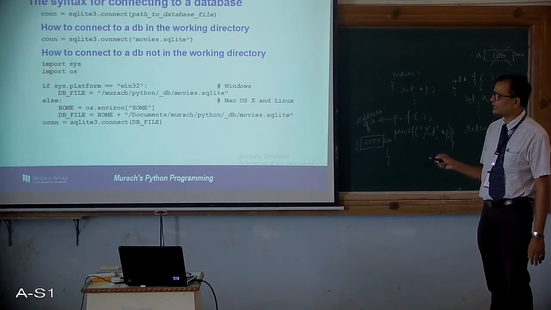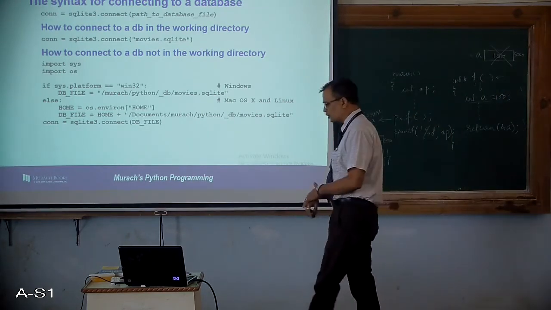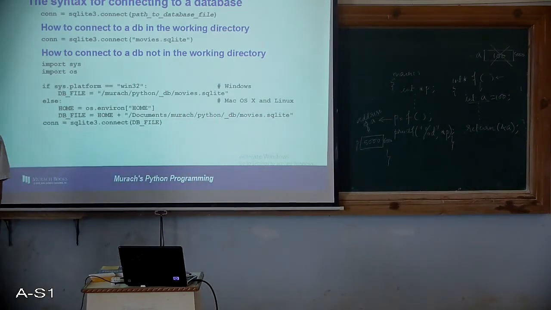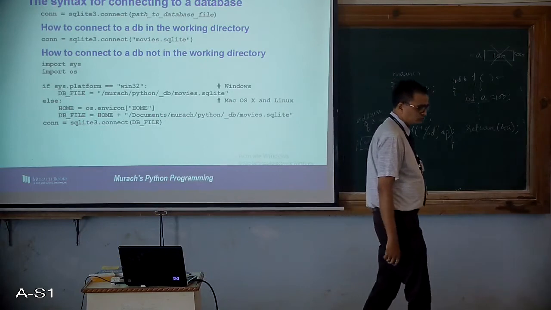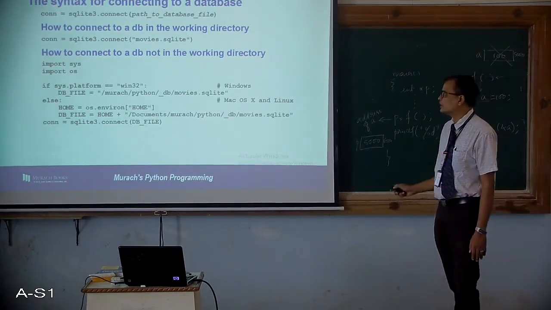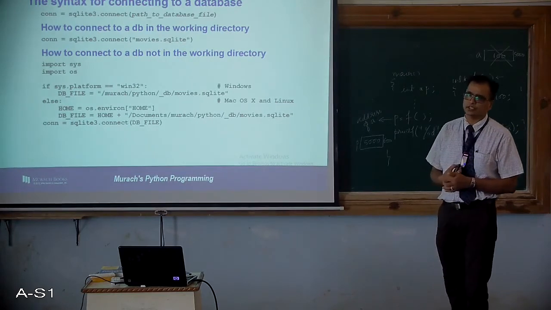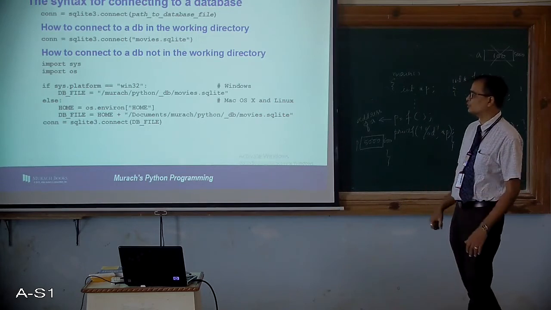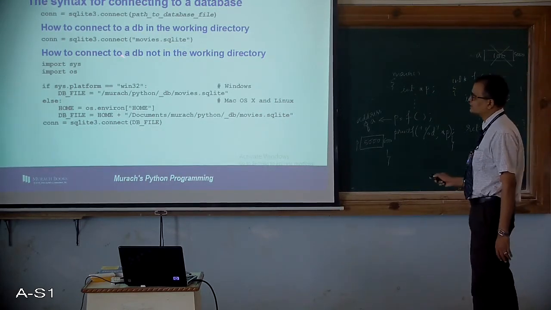So make sure that sqlite3 is available on your system. If it is not available, then you will have to download it from the internet. Google it, you will get SQLite.exe downloadable from the official website of SQLite. Then install it. Okay. Once you install it, then you can do that. Always remember that this SQLite must be installed on C:, so that it will be easier for you to do further configuration.